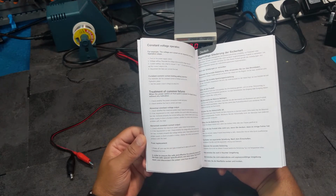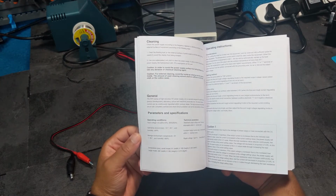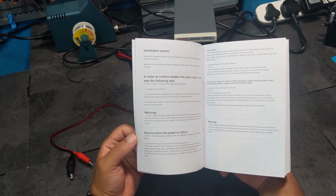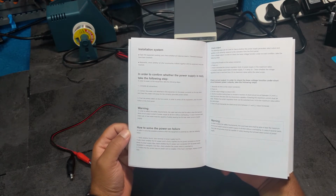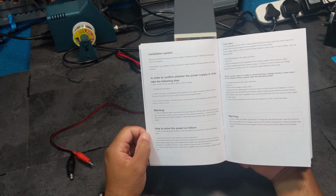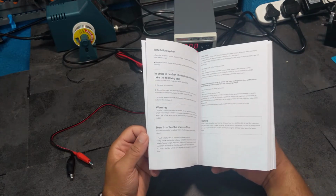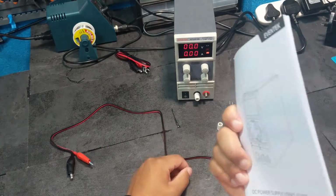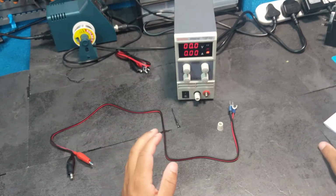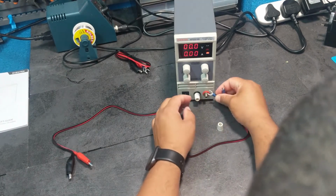Okay. So, where does it say how installation system, open equipment packaging, check whether all materials listed in standard accessories have been received. Meanwhile, check whether all other accessories ordered together. Okay, yeah. Complete all connections. Cheers. This is why I don't read manuals. Because it says complete all connections. Whatever. Okay. I assume that means...